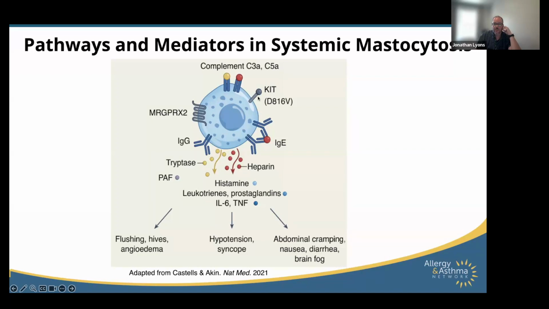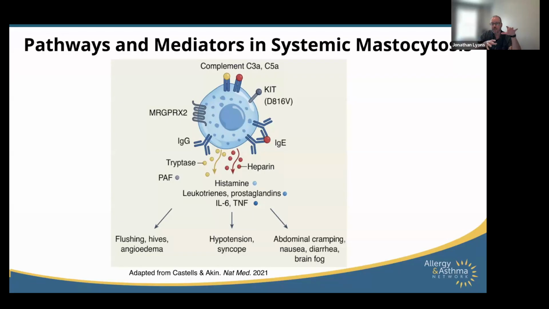But there are a number of other antigen and other kinds of receptors, including cytokine receptors, such as KIT, which is the stem cell factor receptor, or anaphylatoxins. So C3a and C5a are anaphylatoxins. And they have specific receptors on the mast cell, and they're derived from complement, which is an ancient part of the immune system that's designed to fix on infected cells and kill them. As well as MRGPRX2. So this is a newer kid on the block in terms of an activating receptor of mast cells that's been described in drug reactions to fluoroquinolones, for instance. And we think it's probably important for a scavenging type role, where lots of different things can tickle this receptor and drive mast cells to become partially activated.